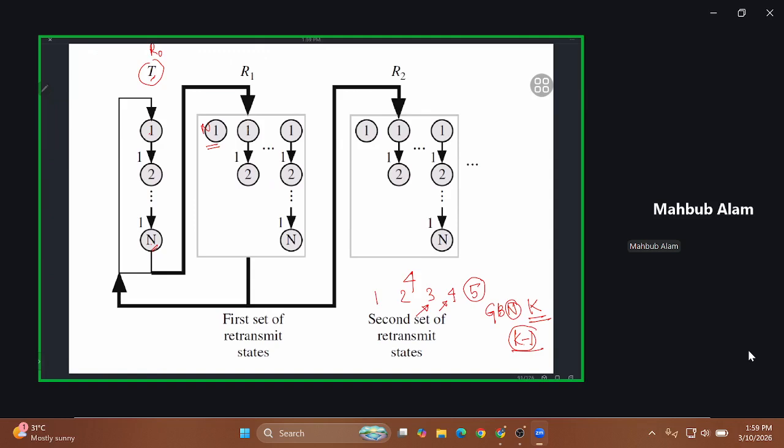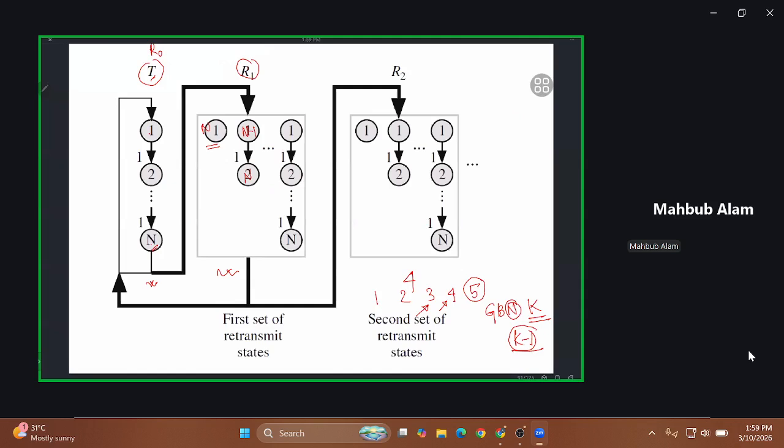So we have these packet numbers here. This one will be the nth packet. This one will be the n-1 packet. So based on the acknowledgement sent by the receiver, we will calculate the probabilities. What will happen? The sender will retransmit 1, 2, 3, or all n packets. Here all n packets are retransmitted. Now from here we have, this is the second layer, the first batch of retransmission.